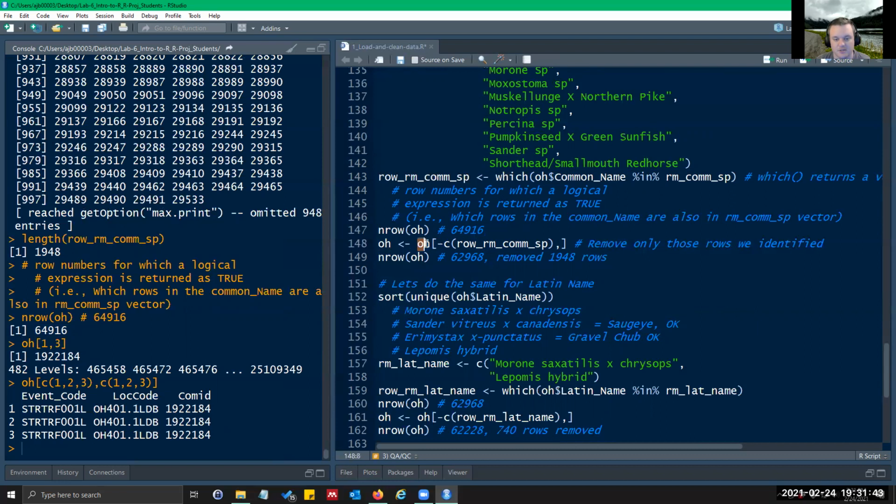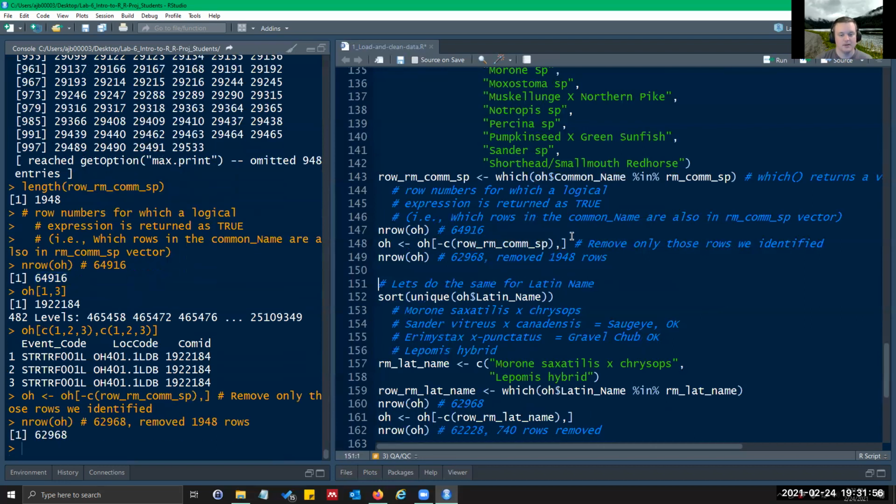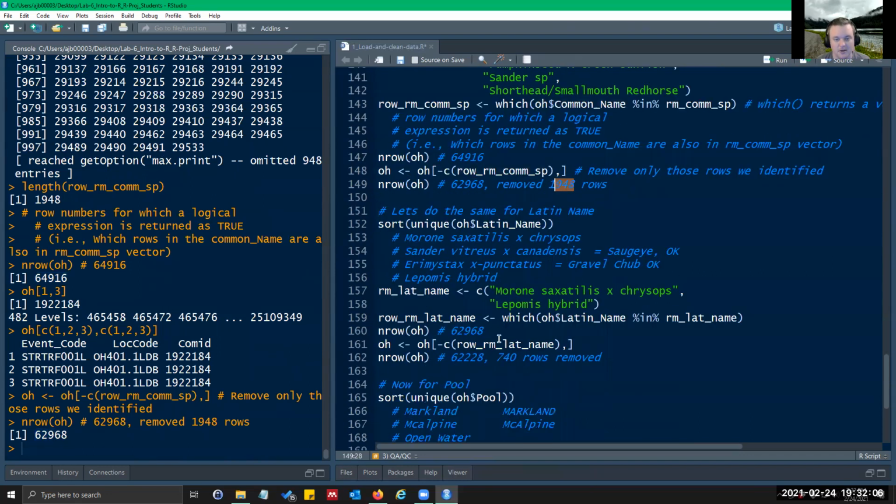And again, I'm just using the Ohio data frame that we've been working with, and then I'm going to assign it to itself. So I'm going to overwrite it. So I'll run that code. And then you can see I now have 62,968 rows. If you did the math, that's how many I removed.